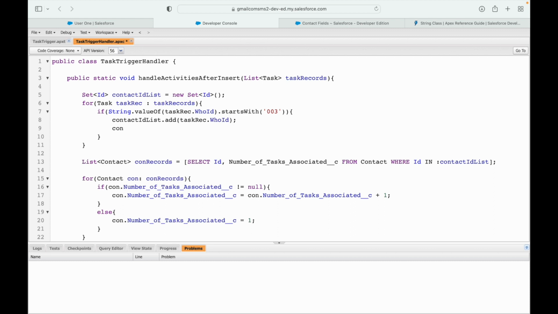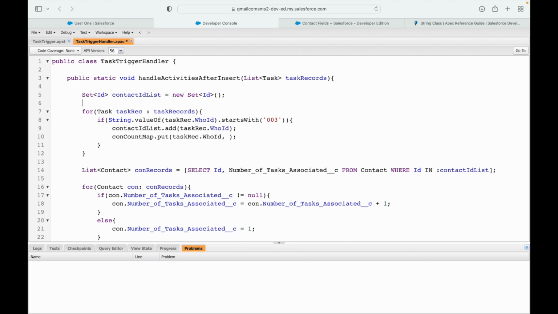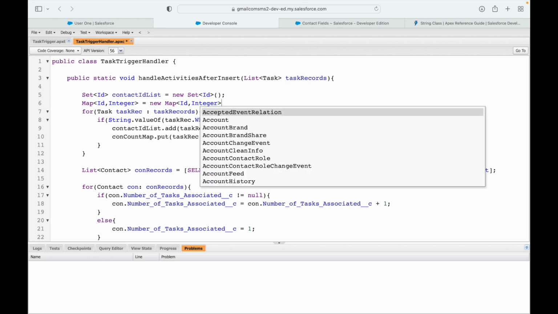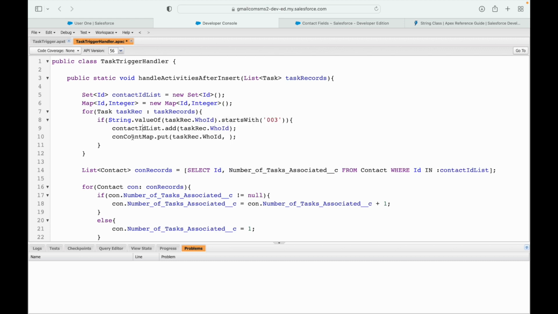So I'll say conCountMap.put. I can say taskRec.whoId, comma, this should be an integer value, right? So I'll create a map here. I'll say Map of Id, comma, Integer. We'll try to figure out if it does not work, we'll change the map structure. Okay, I'm just trying to see if this works or not. So I'll say Map of Id, comma, Integer, and I'll say conCountMap,